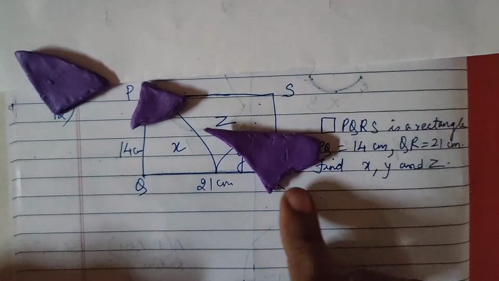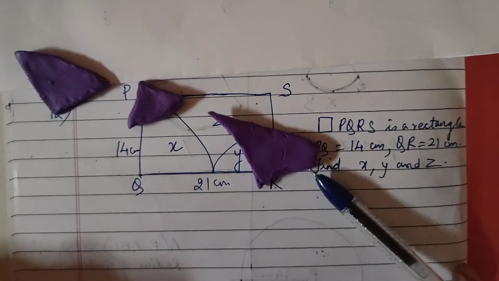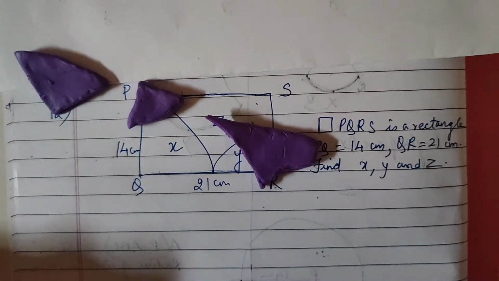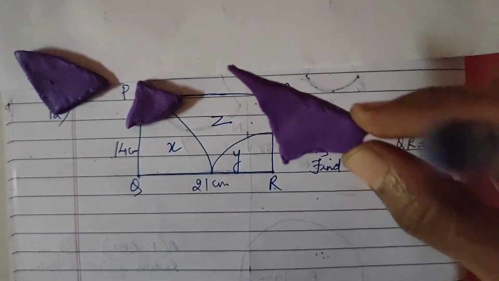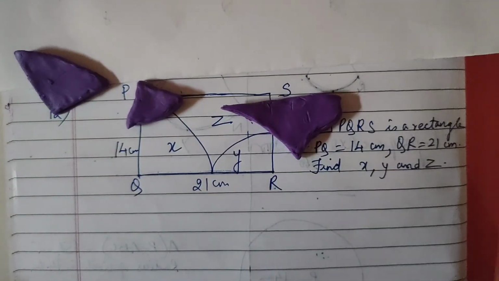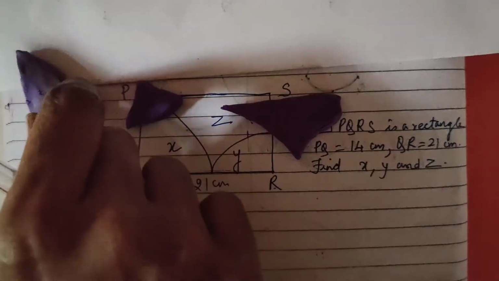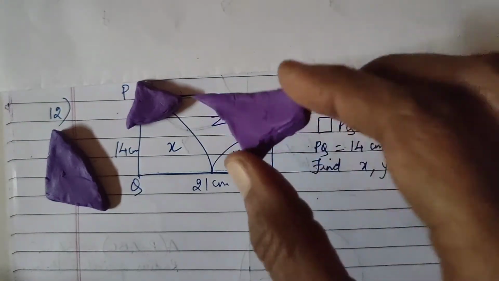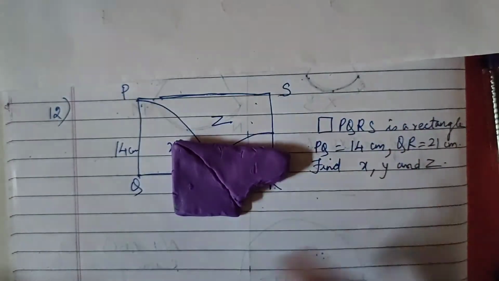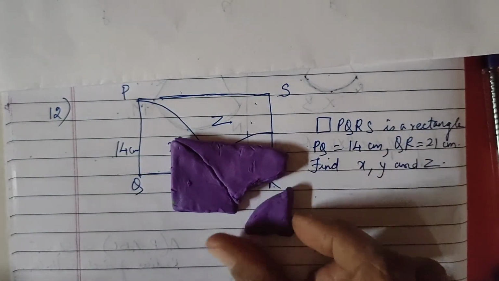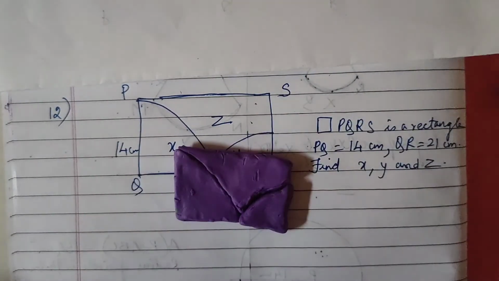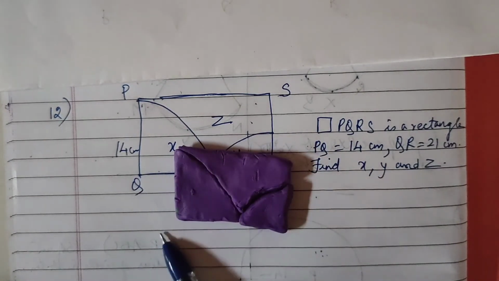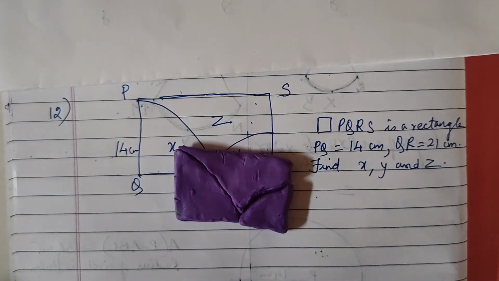But this piece, if I take it, I don't remember any figure here, like a sector or a length of the arc, anything I could remember. What formula can I apply? Because this is not a proper regular figure to apply a formula. So for that, what I can do, see, for example, I'll just rejoin it again. When I'm rejoining here, what you can observe, this is a rectangle. First I'll find the area of the rectangle. Can I find the area of a rectangle? Yes, because I have a length as well as a breadth value here.